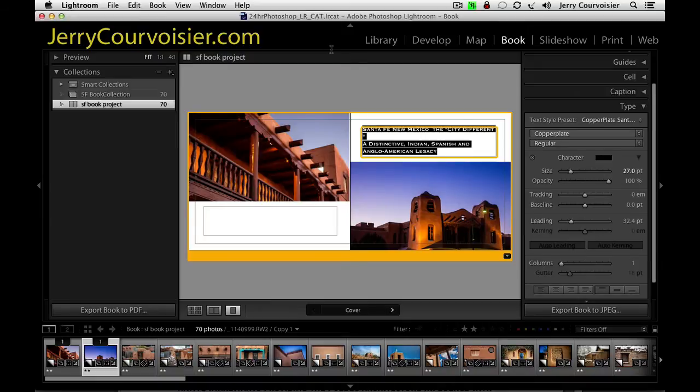So I'm going to highlight the type, run in 26, like this. Okay, now I have all these attributes of type that I can modify. We have the opacity of the type. We have the tracking. Notice the tracking is the space between the letters. Okay, double click the word to default it back to 0. The baseline of how you want the space